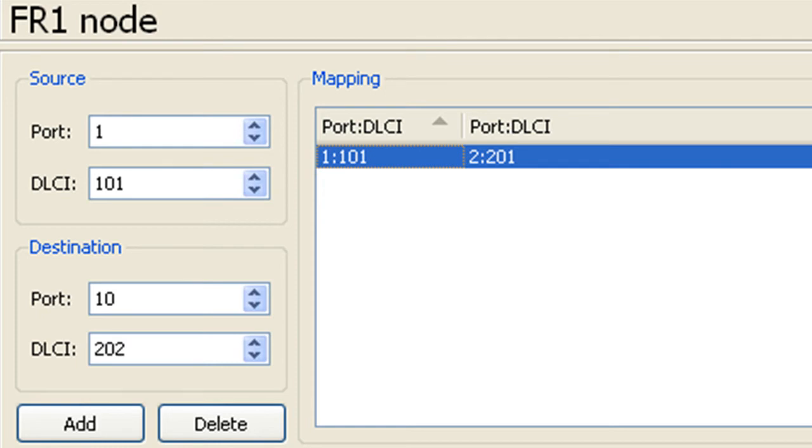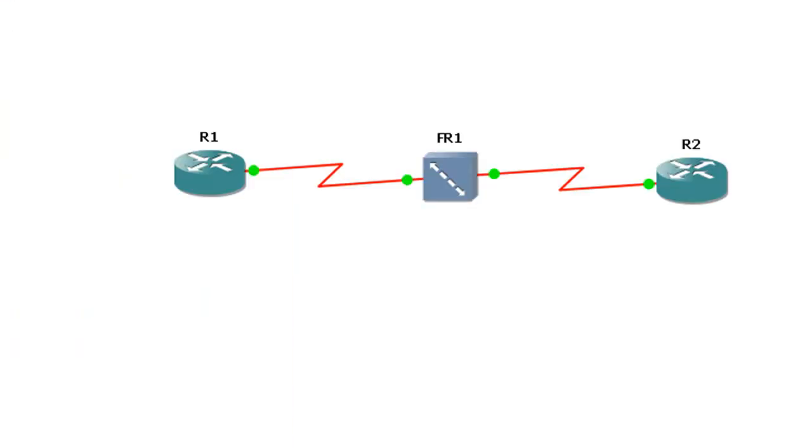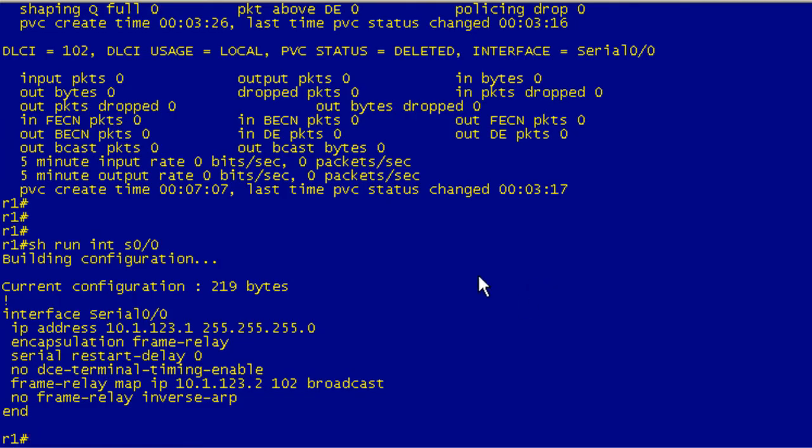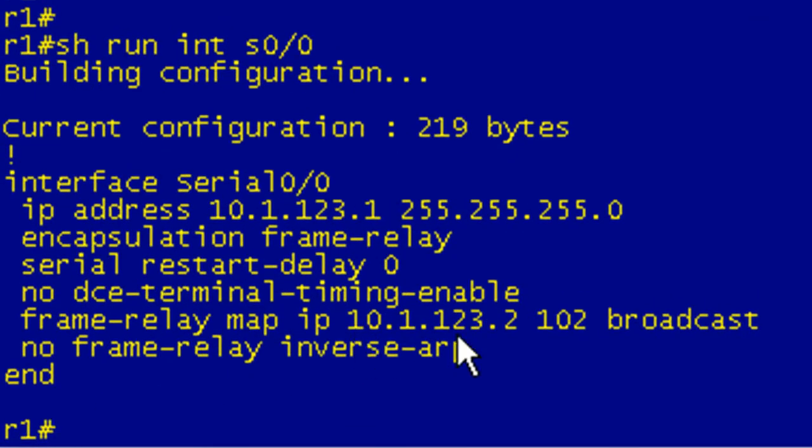So that's why we're seeing this. Let me go ahead and cancel this. Bring this up real quick. Yeah, you get to learn from my mistakes. So what I did was I configured the frame relay map for the remote IP address to the local DLCI, which is 102. Except that I messed up the configuration in GNS3, and the DLCI that's actually being assigned is